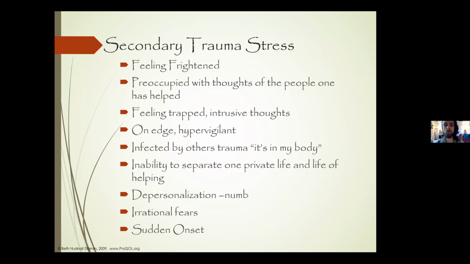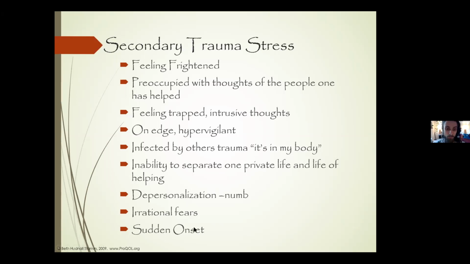And some people will actually get numb, because that is another function of self-preservation. Feeling depersonalized and numb is your nervous system saying, I can't care anymore, this is too much for me, I'm just going to check out. And again, that's another way that the nervous system copes